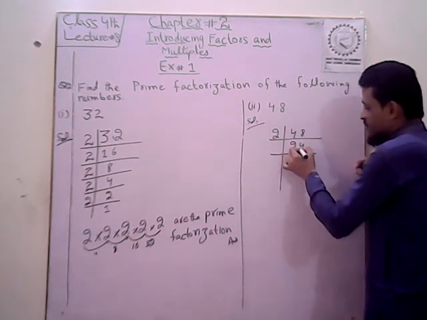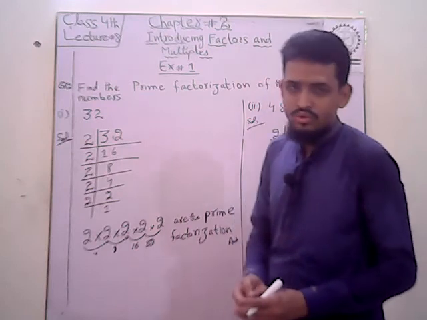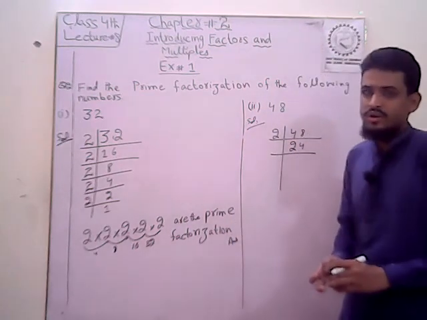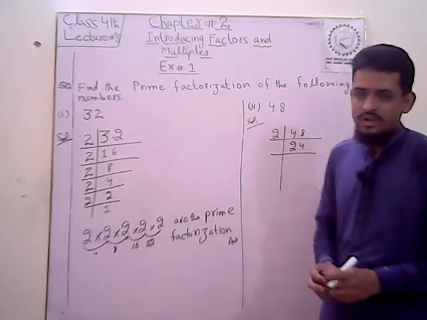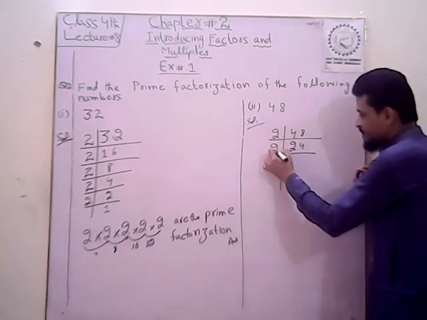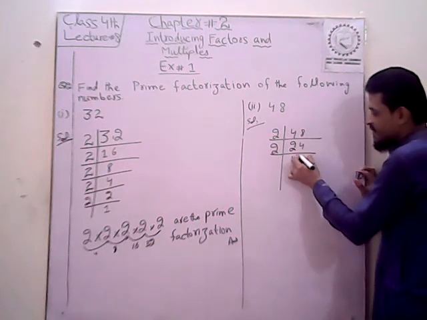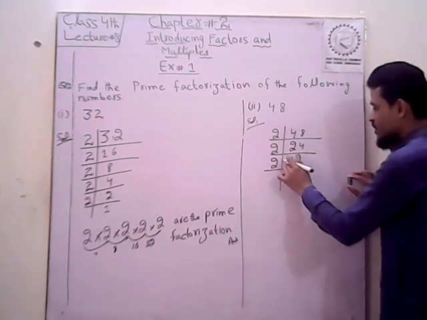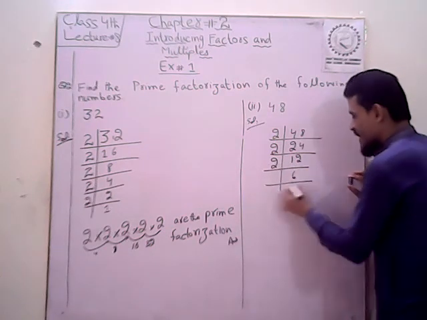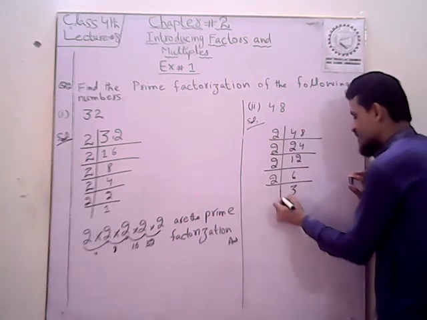Here you see 24. So read the table number 2. 2 10 ज़ा 20 and 2 11 ज़ा 22 and 2 12 ज़ा 24. So we write here 2. 2 1 ज़ा 2, 2 2 ज़ा 4, and again we write here 2. 2 6 ज़ा 12. Again we write here 2. 2 3 ज़ा 6. So